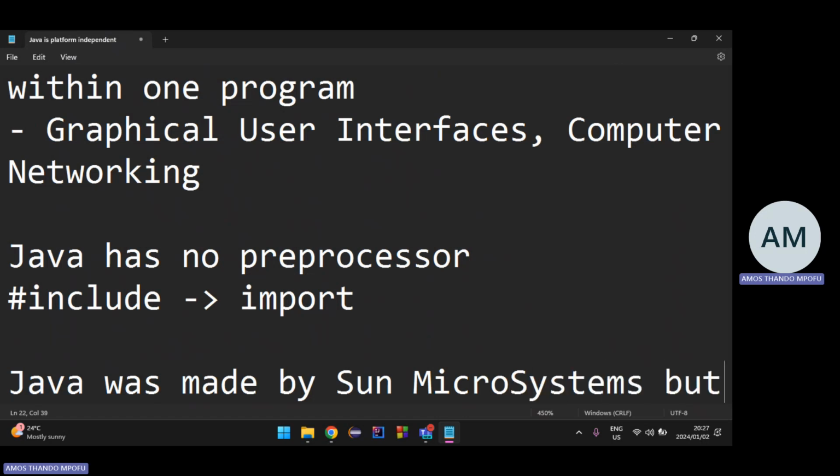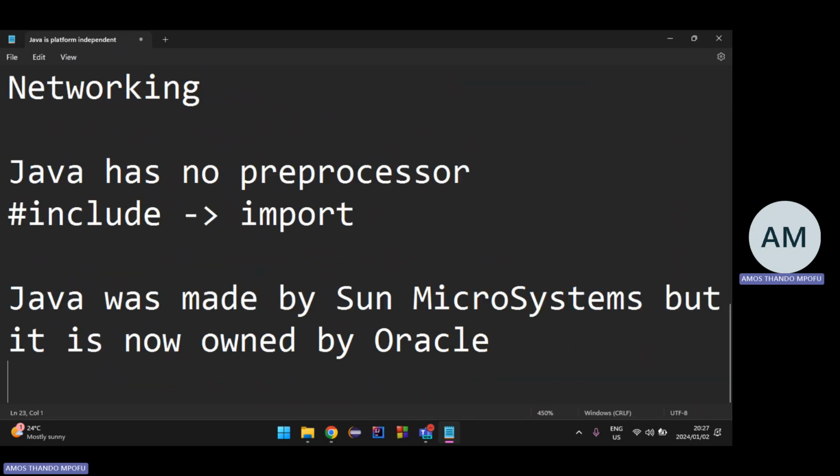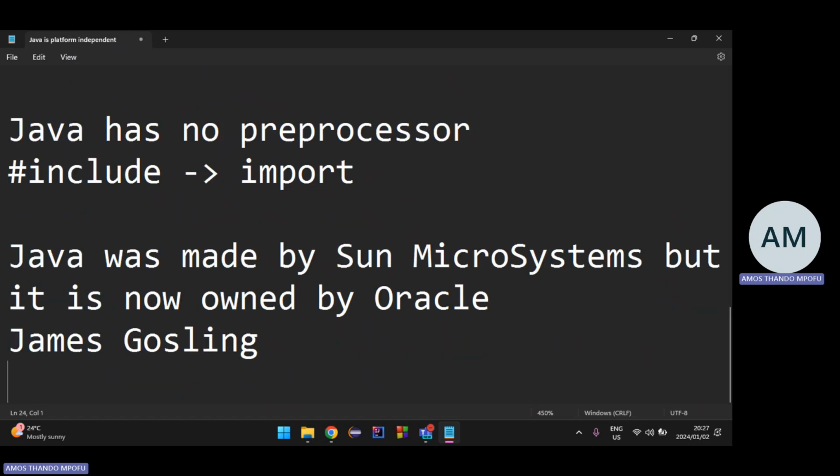But it is now owned by Oracle. And the person who was in charge of the development team while they were developing Java, his name was James Gosling. That's the guy who was in charge. So that's a bit of knowledge about it.